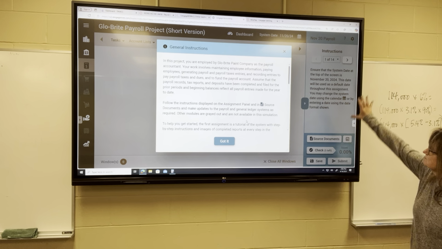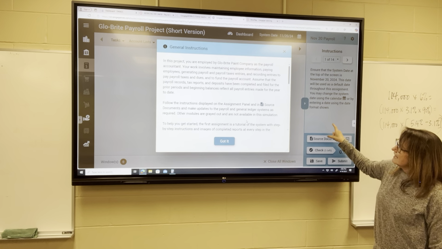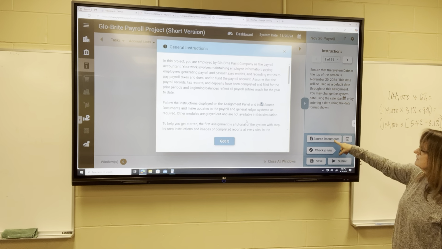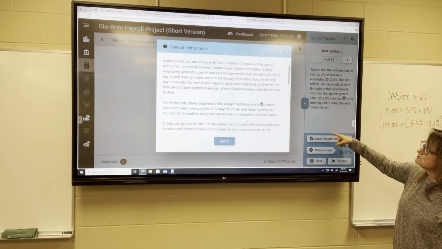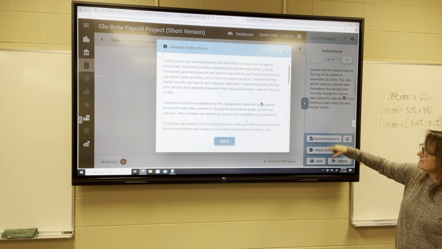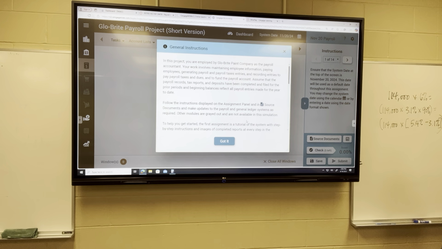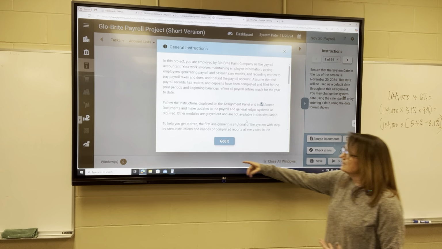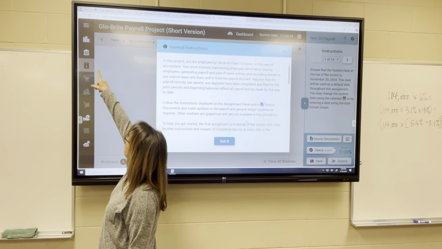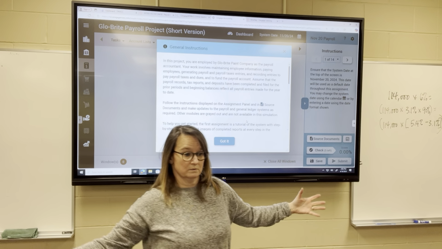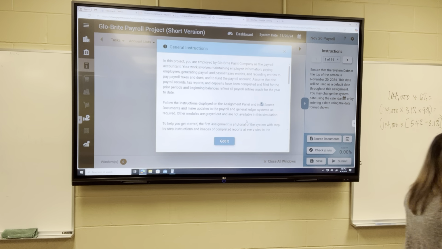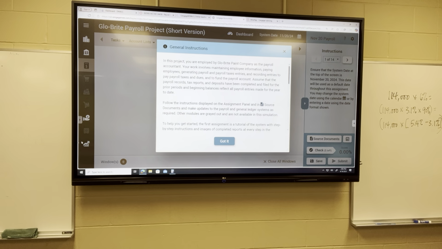Follow the instructions displayed on the assignment panel and in the source documents. Remember, they're here. Make updates to the payroll and general ledger systems as required. Other modules are grayed out and are not available in this simulation. So like I said, we've got the payroll module and we've got the general ledger module. There's only two that are available to use. So that just cuts down on the confusion. The first assignment is a tutorial